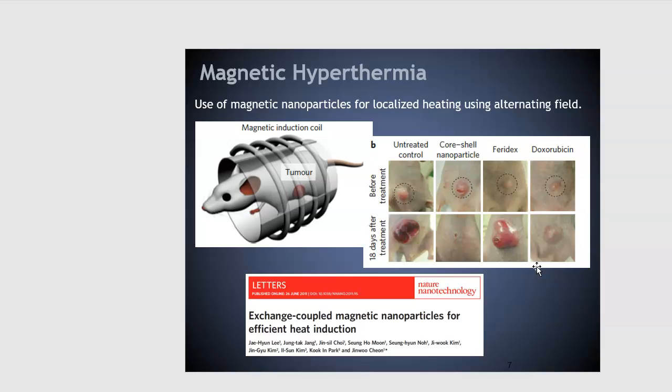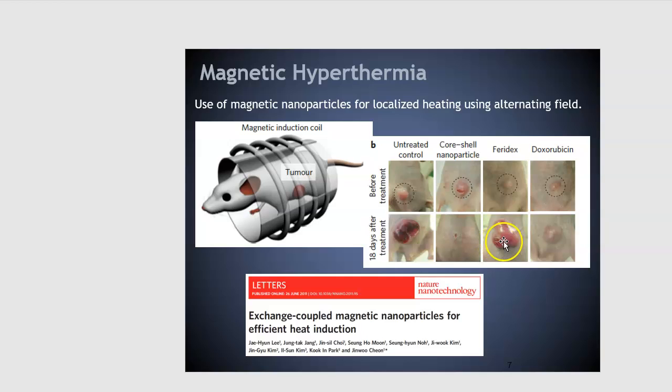This is a recent example published in Nature Nanotechnology by a Korean group, where they used exchange coupled magnetic nanoparticles for efficient heat induction. You can see in this figure, you have the untreated control sample. Then before treatment, you have core shell nanoparticles. Then you have Feridex, that is iron oxide. Then you have DOX. You can see after 18 days of treatment, there is a complete destruction of the